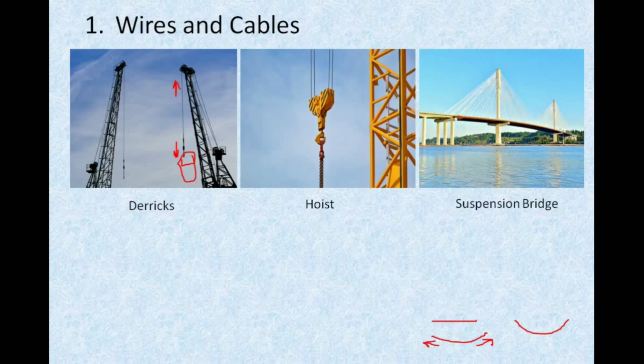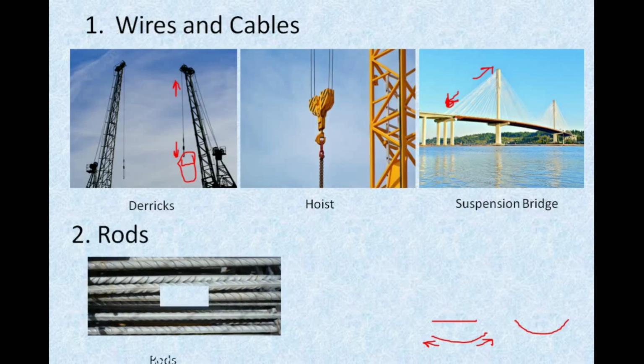Also in suspension bridges you can see these are the cables which are always under tension from both the sides. All the cables are under tension here because there will be a pull on both the sides. Then the next type are the basic simple rods which we always use in our construction purposes. These can be round or square bars, and these are generally used for small tension members.